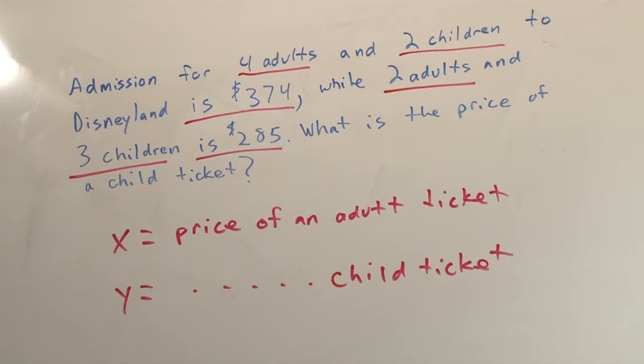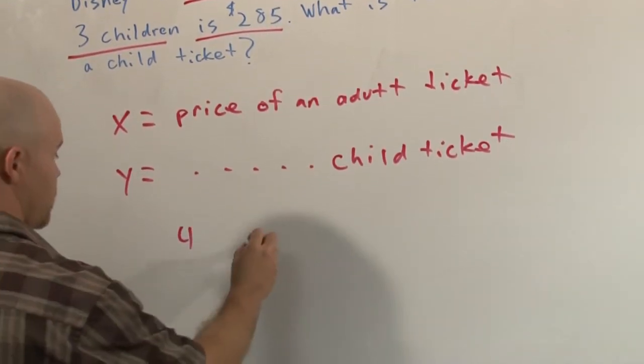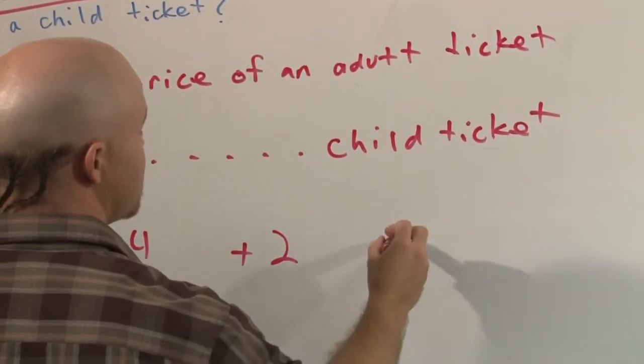So we have not translated these words yet. So now we need to translate these words. We've already read the problem, gathered our information, and identified our unknowns. So now we have variables that represent those, and now we need to translate this into some equations. So if we have 4 adults and 2 children, let's say we have 4 adults plus 2 children. This has to equal